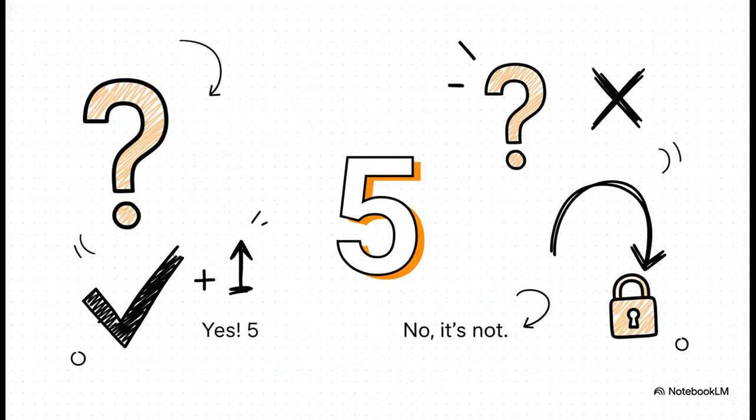Okay, here's the interesting part. Is 5 less than or equal to 5? Yes, it is. They're equal. So it prints 5. But then it updates count one more time. So count is now 6. It goes back to the top for one last check. Is 6 less than or equal to 5? And for the first time, the answer is no. The condition is false. The loop is broken. The program finally moves on. And that's it. That's the whole life of a while loop.